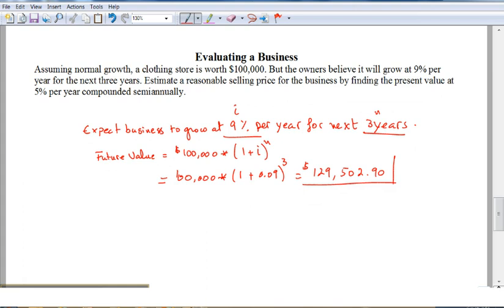Now we need to find the present value of 129,502.90, assuming 5% compounded semi-annually. So 5% compounded semi-annually tells me that the interest rate will be 5% divided by 2, which is 2.5% per half year. And for how many times? It's 3 years times twice a year, 6 compounding